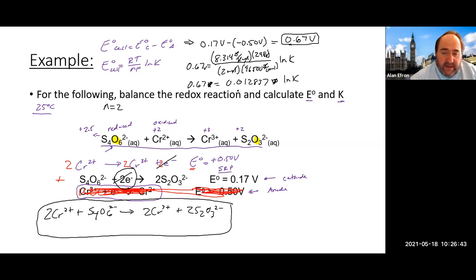The units will pretty much cancel out anyway, because K has no units. So we're going to divide this to the other side. We take our 0.67 and divide it by 0.012837. That gets us about 52.1922, which is equal to the natural log of K. To get rid of the natural log on each side, we're going to take e to both sides. We're not going to insert any negative here, because there is no negative. Again, the natural log and the e will pretty much cancel out. That gives you K is equal to, in this case,